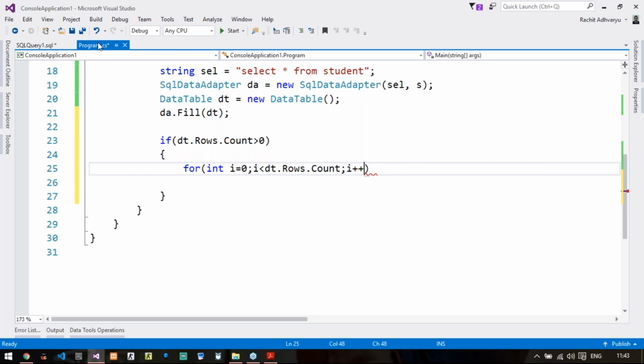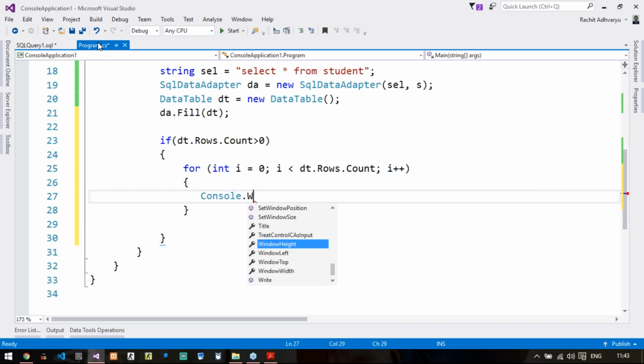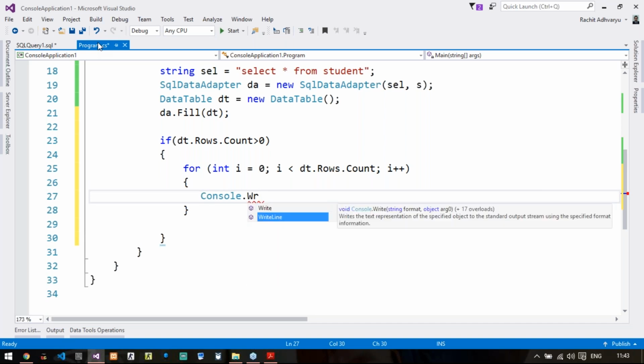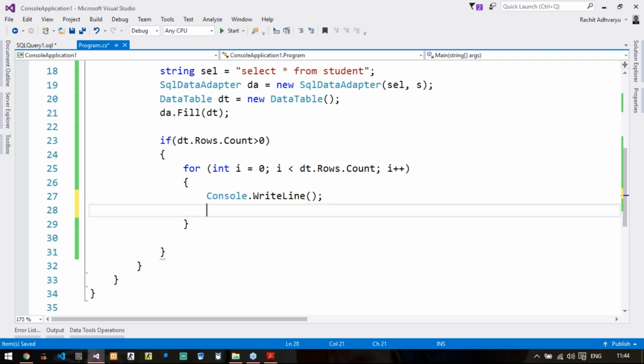For displaying the data in the console, we use Console.Write. I'll first put one empty Console.WriteLine so a new line will be created, and then I will print a message. Rather, I will first print 6 different Console.Write calls, as I have 6 columns to be printed.